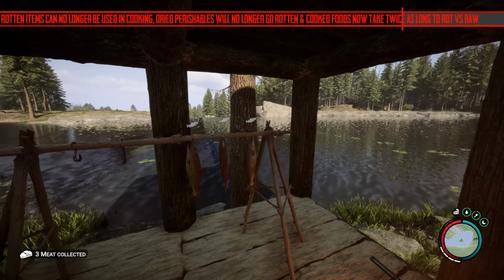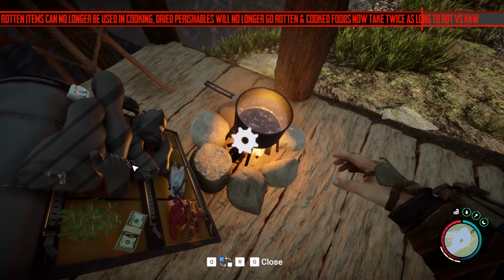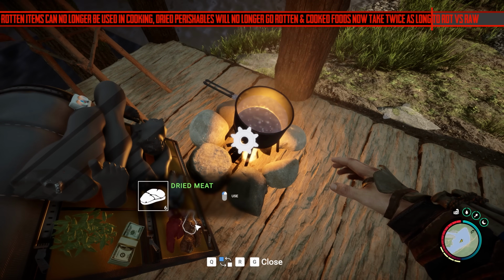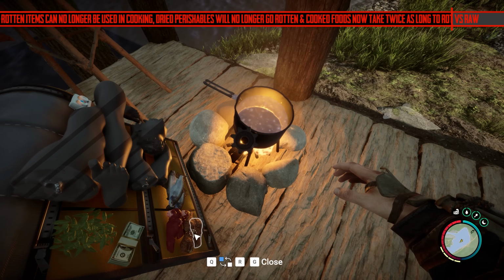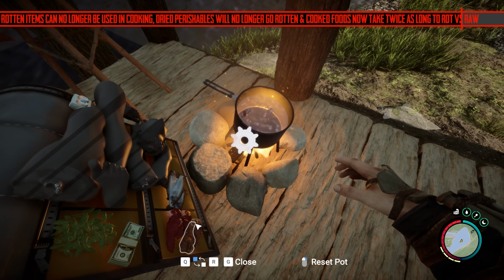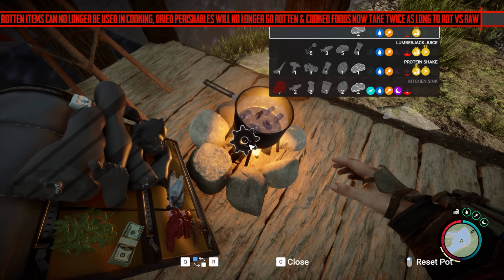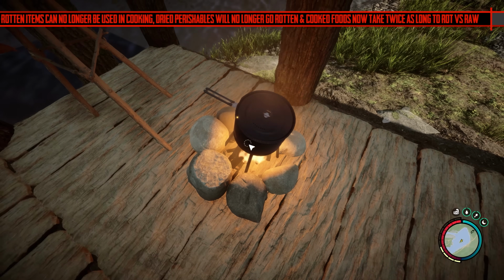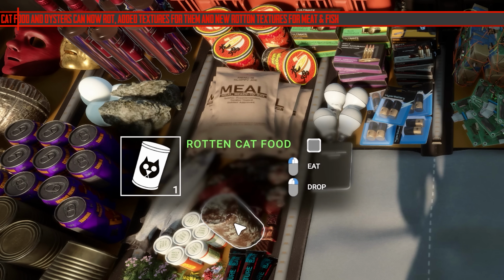As for cooked foods now taking twice as long to rot versus raw, I think it just means cooking them on the fire and putting them in your inventory. I suppose that is something you can do. I don't know if you can cook dried items and make them go to a cooked item. This was done in The Forest to prevent you getting the debuff from eating dried meat, which lowered your hydration by quite a bit, especially on hard survival. Things to test. Next thing is that cat food and oysters can now rot, and they added textures for them